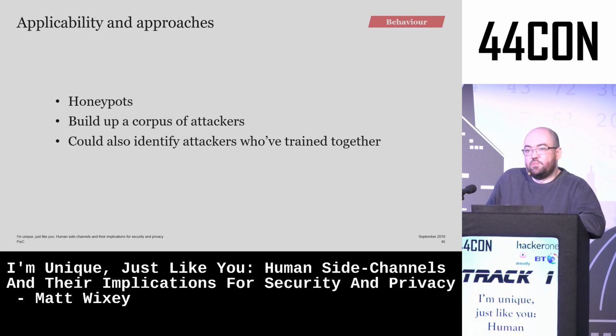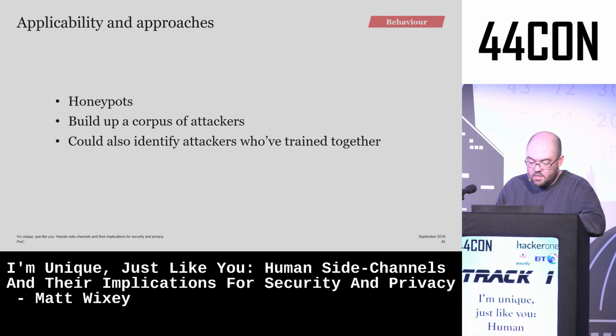In terms of deploying this in the real world, here are some things that you could do. The obvious one is to run a honeypot, some kind of interactive honeypot, and have an SSH keylogger running on it, and just build up a corpus of attackers who are hitting that honeypot. That leads you into some problematic territory because you're also going to get bots attacking that honeypot. So you're going to have to try and separate bots from humans, which is a separate problem. There's some evidence that suggests you can do it pretty easily, but it's just another issue you'd have to deal with.